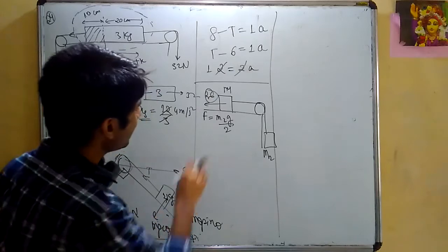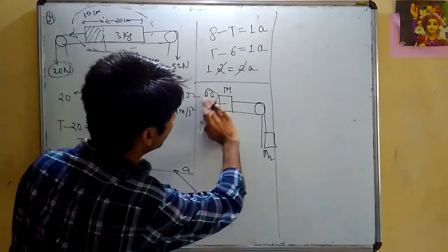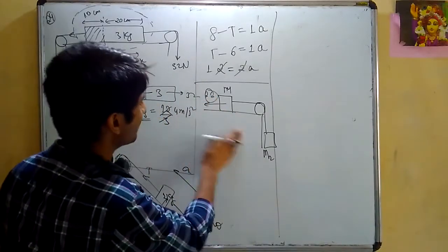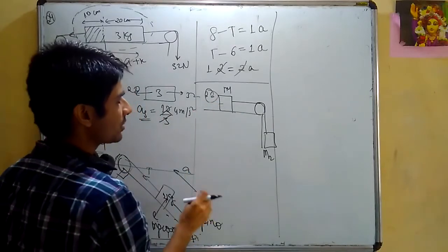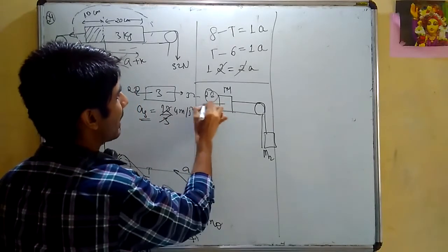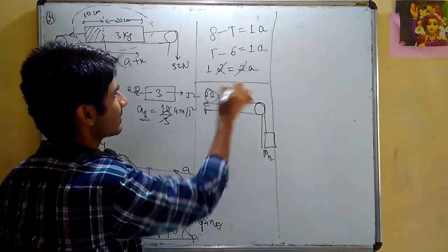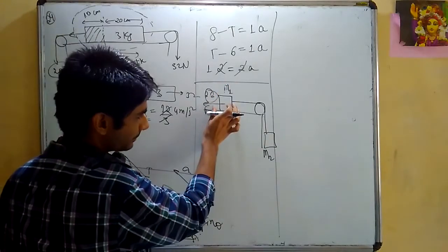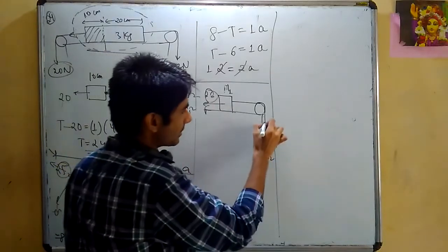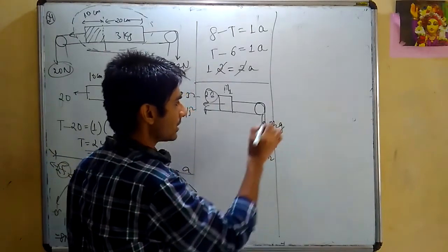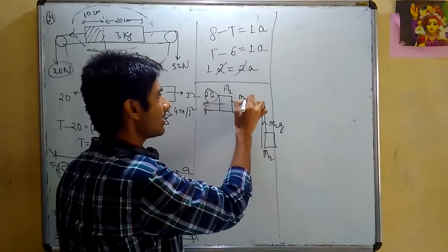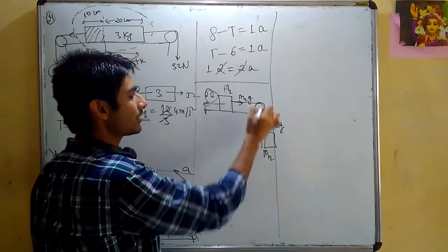Now, if you carefully see, if I ask you how much force is required to keep m at rest, suppose for example I rub these things, you tell me how much force I need to apply. Find out the force F such that this one remains at rest. What will be the answer? If this remains at rest, this will also remain at rest. This means upward force should be m2g. It means यहाँ पे force लगेगा m2g. Same है ना, एक ही वायर है.